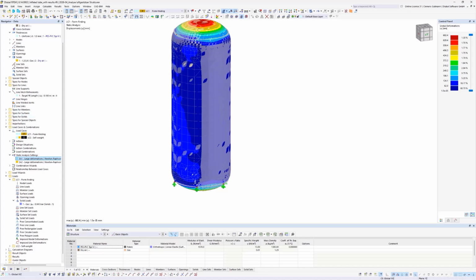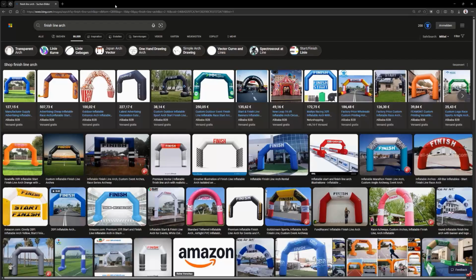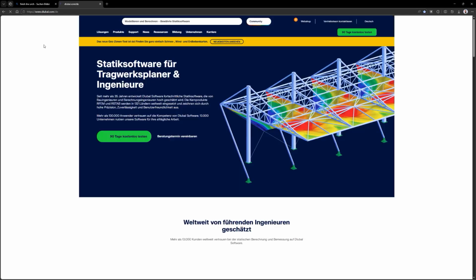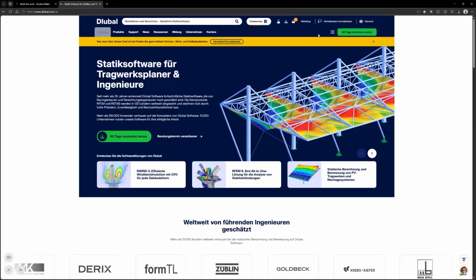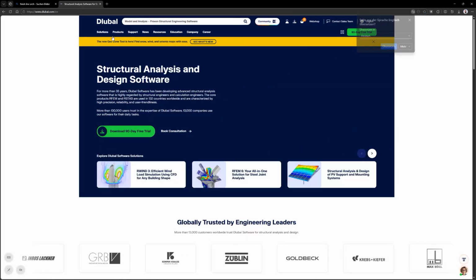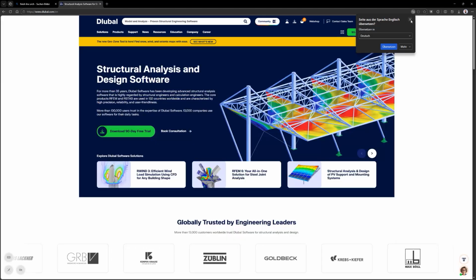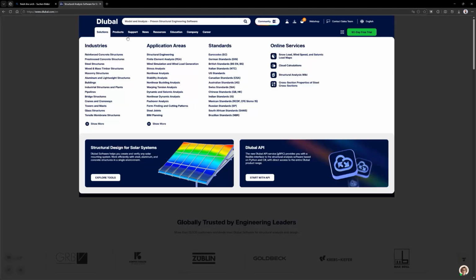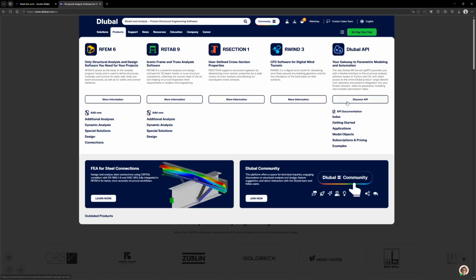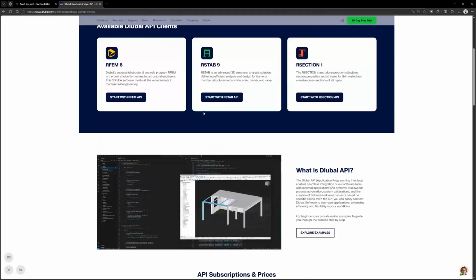So what do we need for that? The prerequisites are, of course, an installed version of RFEM 6 on our PC. The second thing I can show you on our website. So maybe let's switch to English. And if you go here to products, you find our Dlubal API. Sorry, here. And if you click on Discover API,